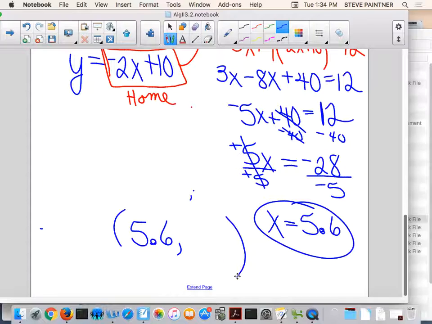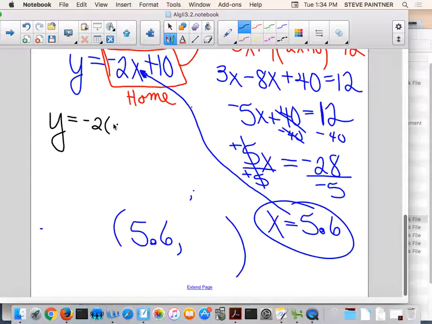How do I get the y value where they intersect? Plug that x in for x. You're supposed to say, well, go home and get your other value. Go all the way home, right there. That's where you're going to put it in for x. So your y value will equal